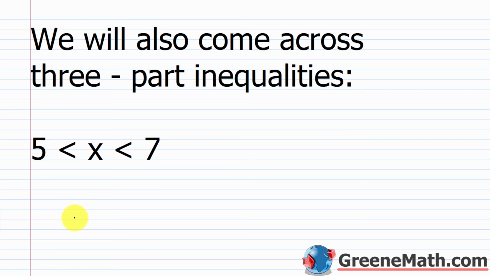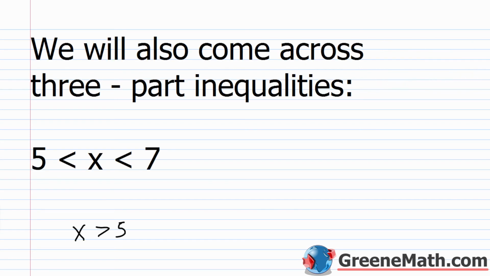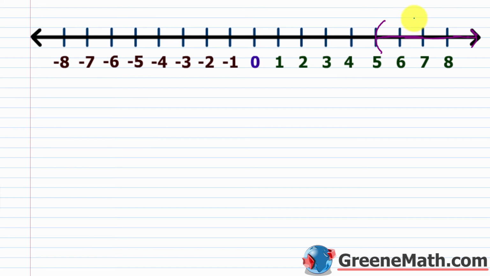I can kind of think of this as x is greater than 5. So if I was to graph that, x is greater than 5, I would think about putting a parenthesis here, and I would graph everything to the right of 5. And then for the other part of this problem, x is less than 7. Now if I graphed that, I would put a parenthesis at 7, and I would graph everything to the left. Now, when we have a three-part inequality, we're kind of combining the two and saying, hey,